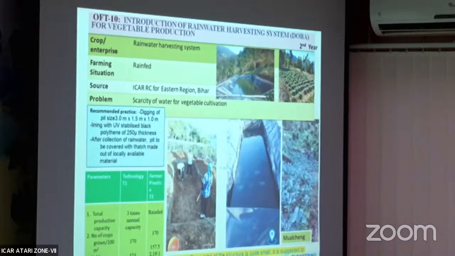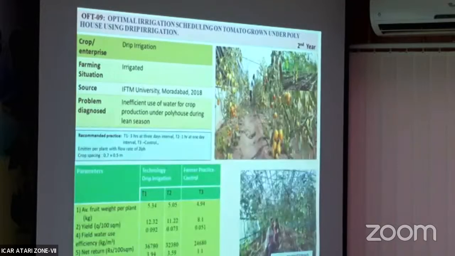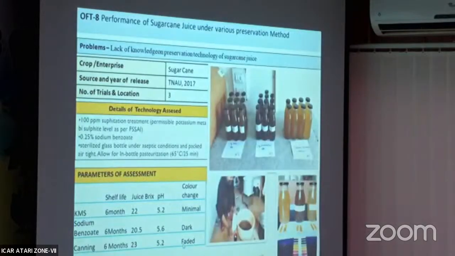So, previous to that, potassium metabolite we have used, no? Potassium metabisulfite as a preservative we have used, no? Yes, sir. So which one did you recommend? So this KMS. This one out here, the shelf life, we have preserved it, and we are keeping it in my room to check the quality. Even after 1 year, the juice is still good.